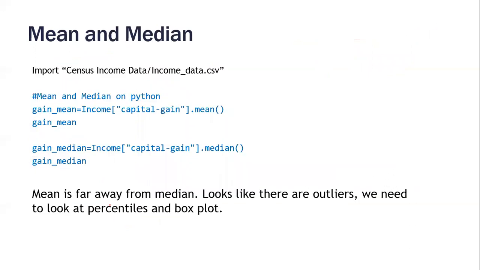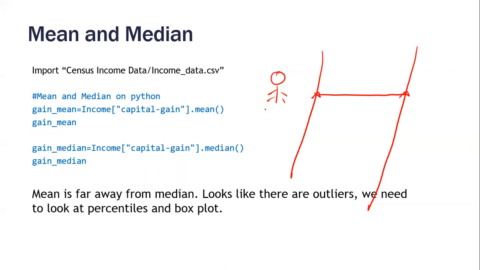Let us start a story. Let us suppose there is a person who wants to cross a river, but he doesn't know how to swim. If he starts crossing, he may drown. He has to go from here to here. There is another person standing by the side of the river. He asked him, what is the depth of the river? This person told him the average depth is 4 feet.